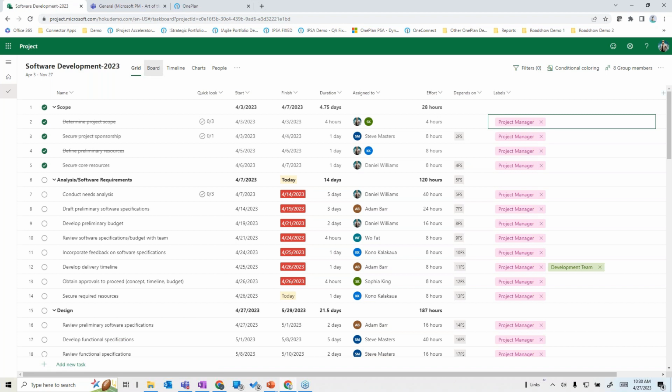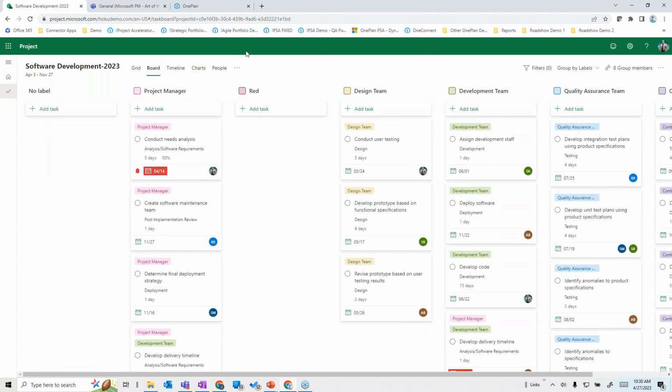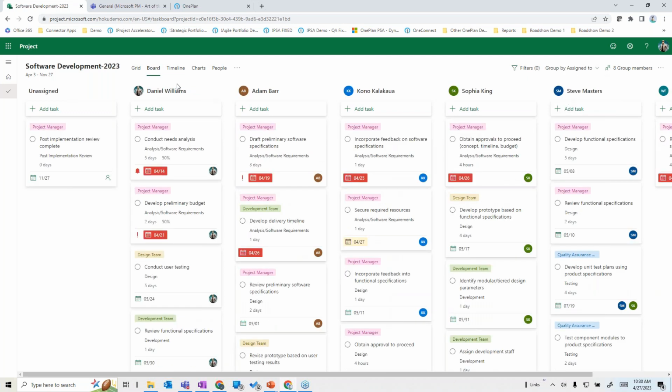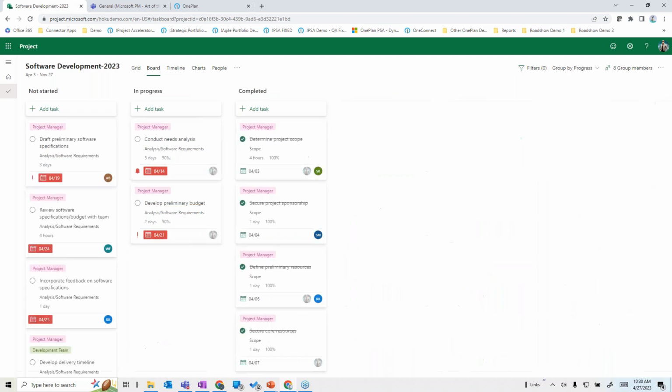On the board side of things, we can come in here and look at that in a different way. Like, for example, I've got this grouped by the labels that we've created. And the labels here are used by, which elements of our project team are doing this work, like development team or the design team. I could look at this by different buckets if I wanted to, break this into the types of work that's being done. And you can decide what those buckets are. I could quickly do this in a slice by saying, all right, who's assigned to what, and just really look at the cards on the things that Daniel's on and take a look at what might be behind by each resource, as well as where things are from a progress perspective or where things are at from a priority perspective,